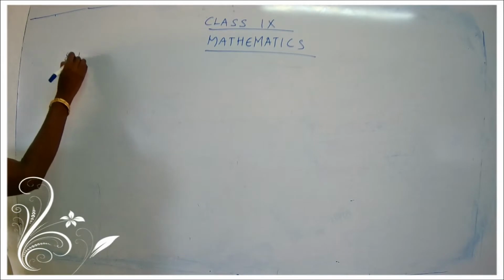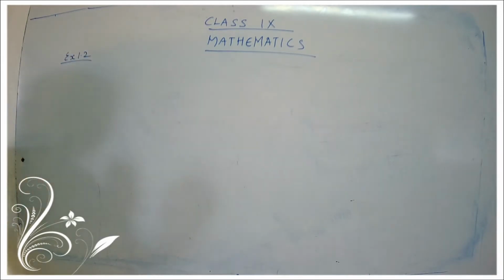I told you that we have many points, so I am just giving you 5 points or 6 points so that you will be clear with that idea. The last class I have explained to you what is the equivalent and equal set. I'll just explain to you once again so that you will be having a clear idea about that concept. So first of all, just take the question. It's exercise 1.2, question number 3. The first subpart.